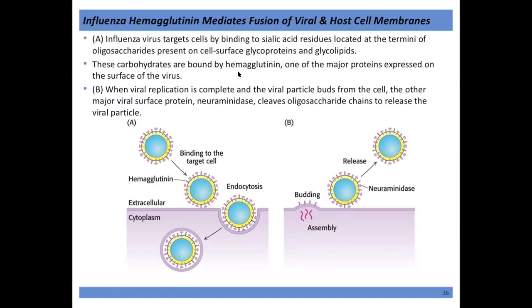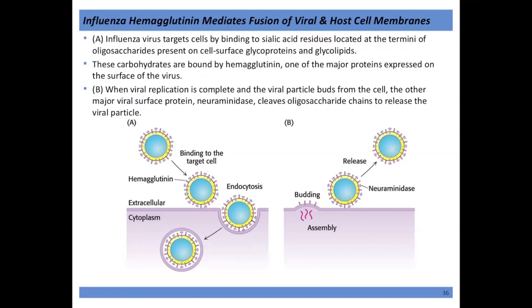And so this hemagglutinin is one of the major proteins expressed on the surface of viruses. And it recognizes sialic acid, or what's called neuraminic acid, on the surface of cells, and it'll bind to those cells and actually cause it to fuse, and we bring those viruses into our cells, and this